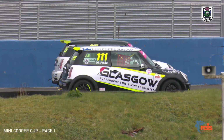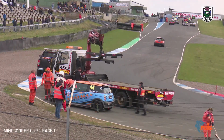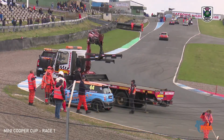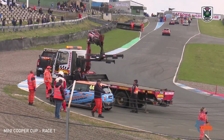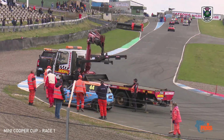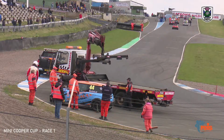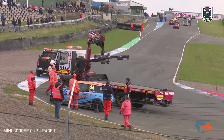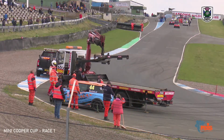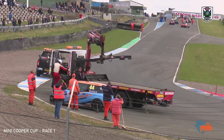But great to see that we've got so many returning back to the grids of the Scottish Mini Cooper Cup as well. Of course, you've got 2021 champion Flymo himself, Michael Weddle, who we all very much know and love. I deal with him quite a lot with the esports stuff as well. And yeah, he is a dab hand. As much as I'm begrudged to say it, he is a dab hand behind the wheel,